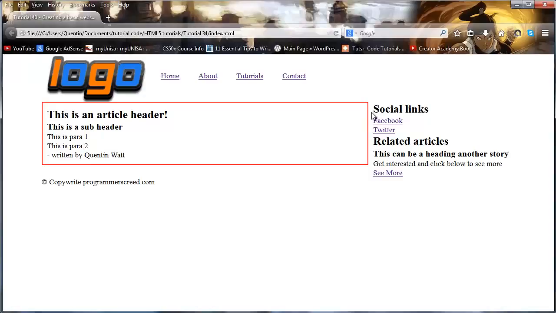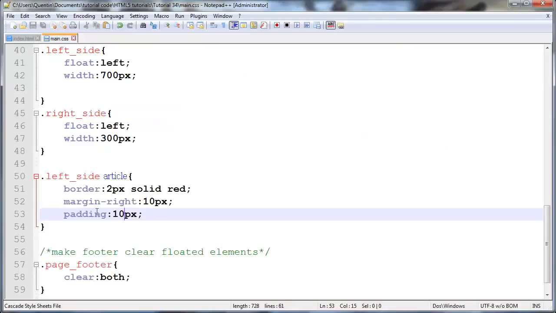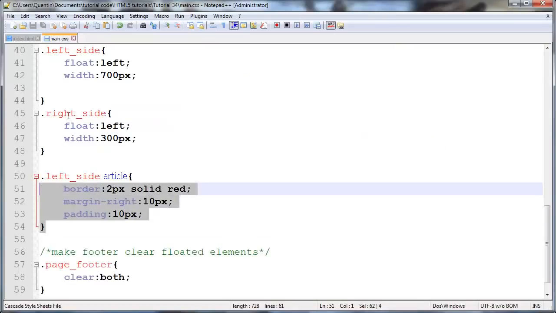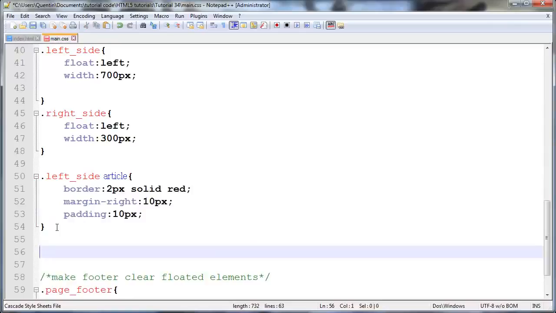there, so our margin has indeed worked, and we've also got all of the space around the top and on the sides and on the bottom of this section, so our padding is there as well. Okay, and we'll go ahead and do the exact same thing but for the right side. So let's go ahead and say right side